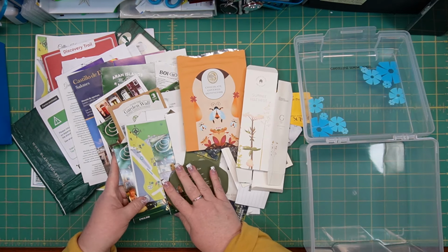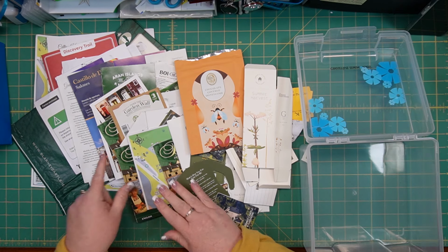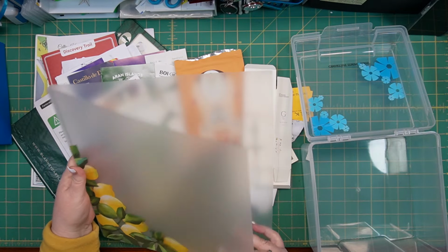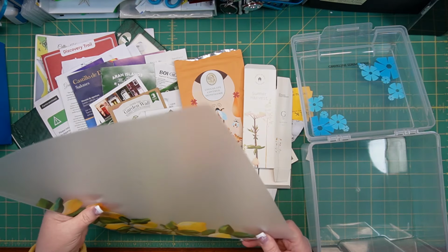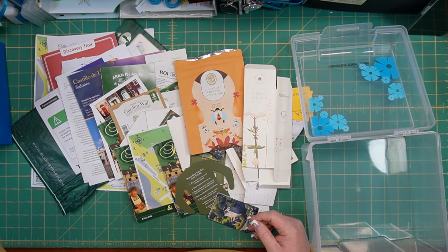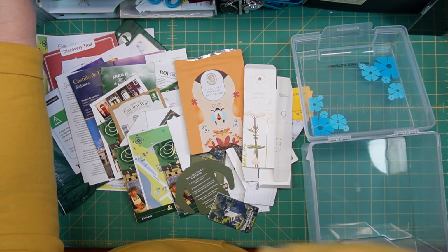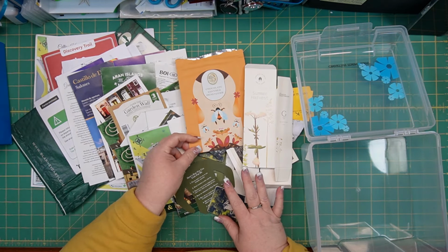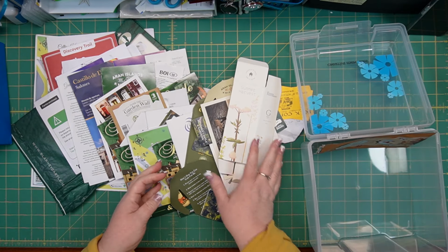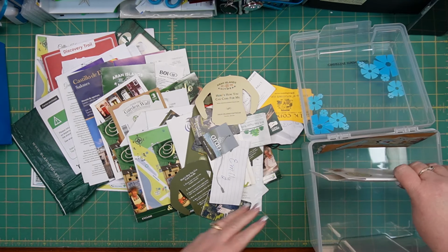You could use our simple folders like this and place things in there and then keep those in order somewhere. You could use a page protector of some sort, which would also keep your memorabilia from spilling. But basically you want something where you can put the majority of your items in order. Once you've sorted them out, you can put them in here